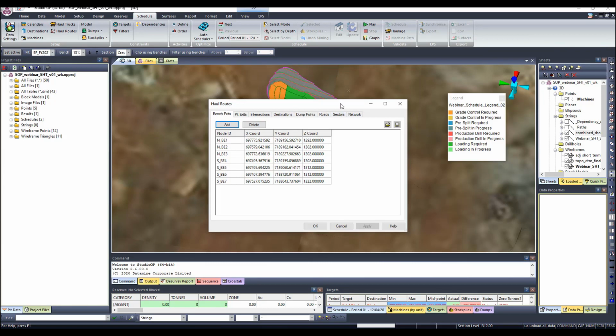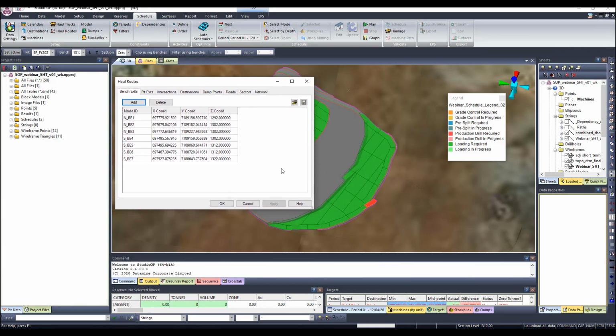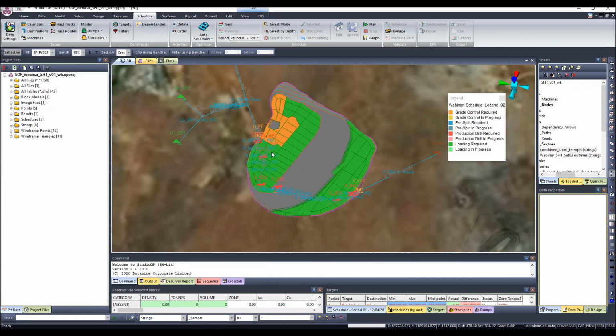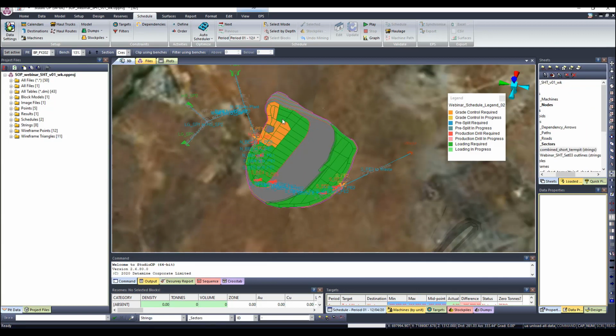And then the haul routes. This is where I define my haulage network. So in order for you to define a haulage network on Studio OP, you need separate points files, which will summarize what are your bench exits, what are your pit exits, any points where your roads are intersecting, points that represent the average position of your destinations, and a string file that joins all these points together. And then when I click OK, you will see here now it will upload my